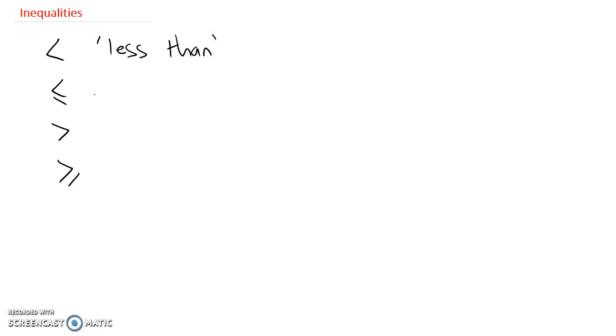This second symbol here reads less than or equal to. So notice the only difference is we've got that extra little dashed line under the inequality sign. So you can almost treat that extra line as a little equals sign, so less than or equal to. This next one reads more than,